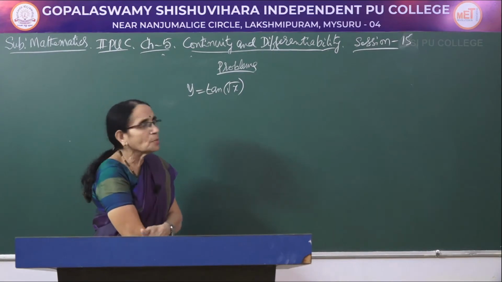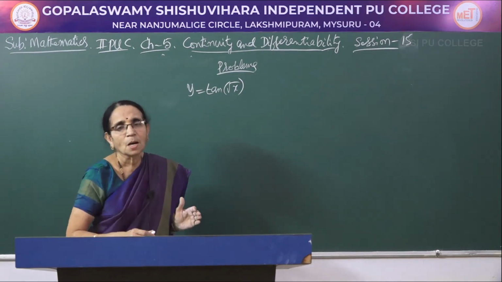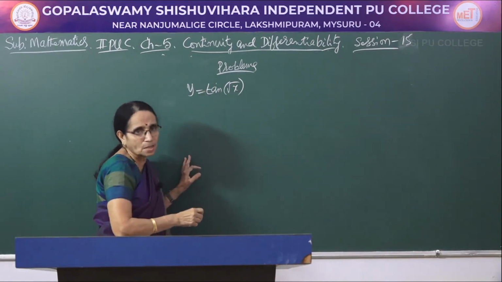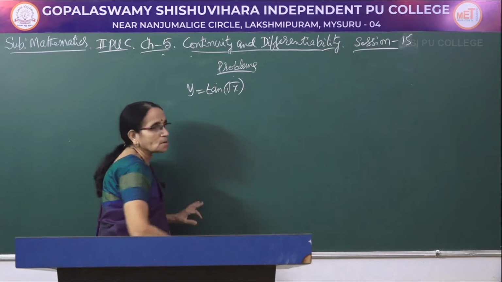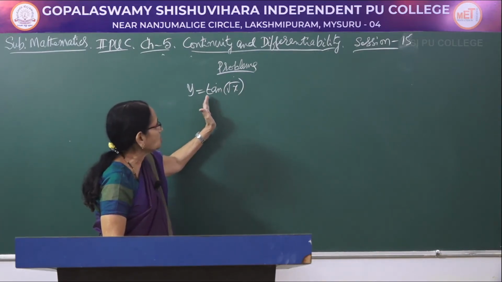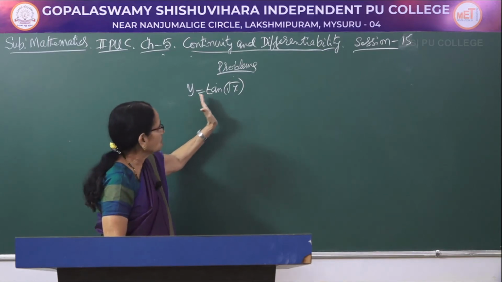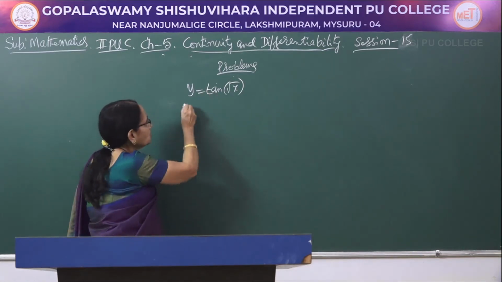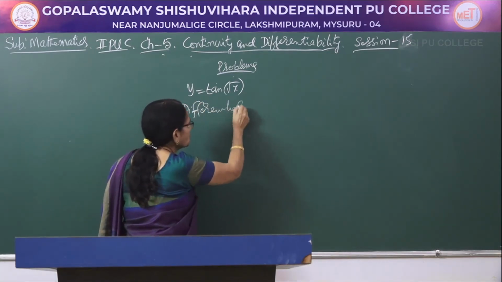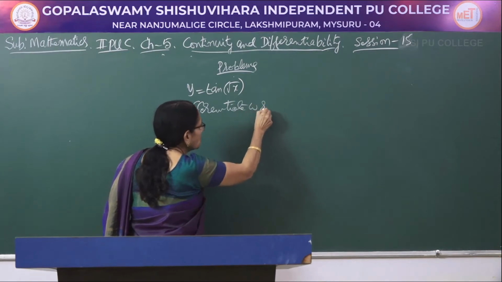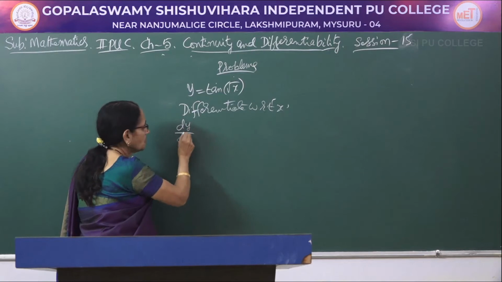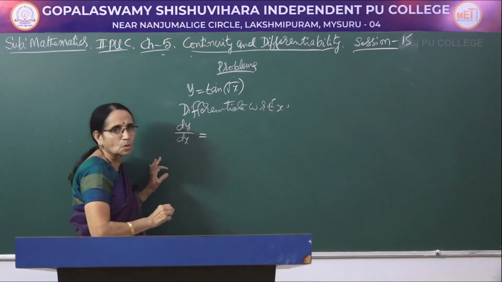Let us see how many functions are involved here, how many functions are combined. One is the trigonometric function tan, the other one is root x, which is an algebraic function. Always, I told you, start from the left-hand side, the first function. So, differentiate with respect to x. Now, y becomes dy by dx, that would be equal to